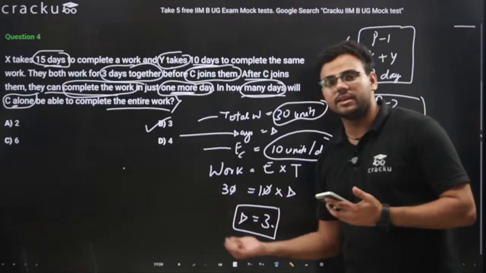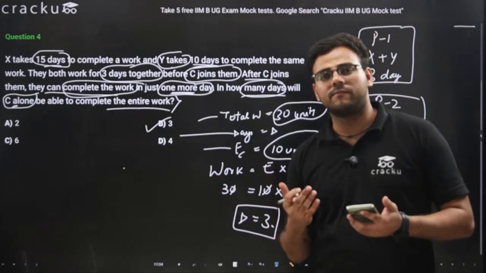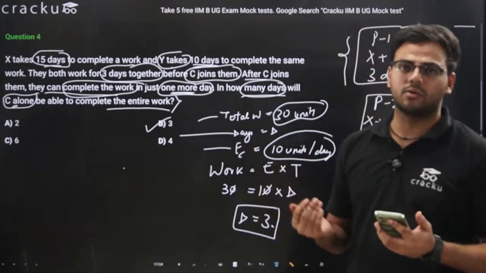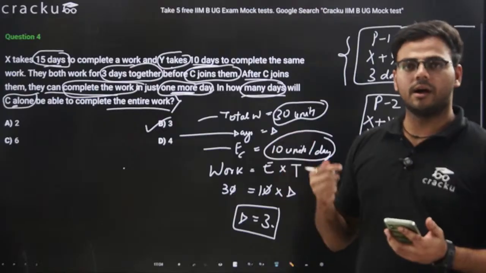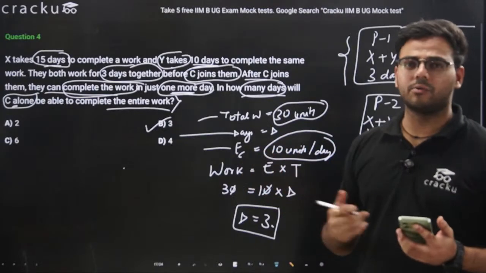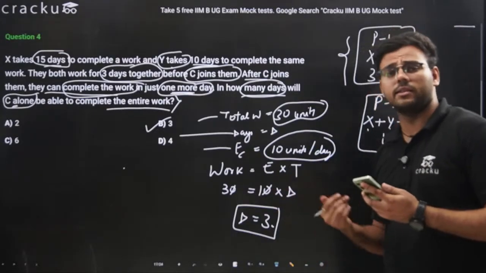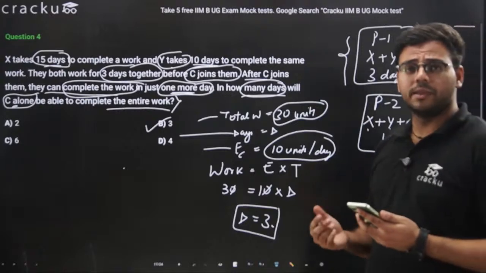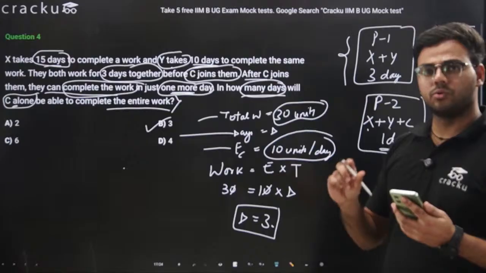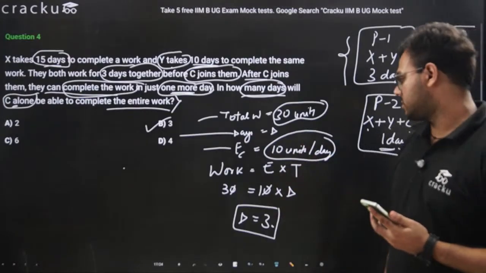Seeing these questions and solutions, you can easily say that the concept of time and work is difficult to understand, but when you understand the concept and the approach to solve these questions, they are not that difficult. Try to understand the concepts behind the questions. What is the approach being used? Instead of just mugging up the formula, see what logic is being used to solve the question. That will help you a lot.